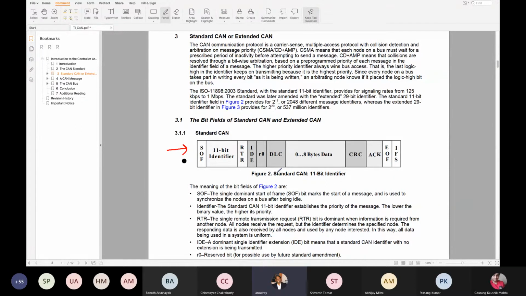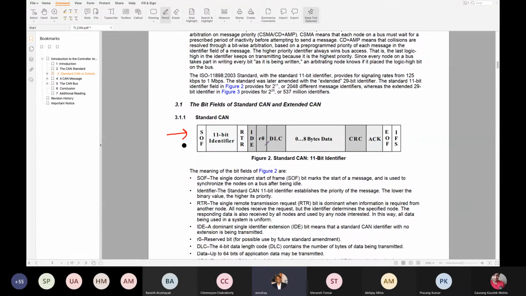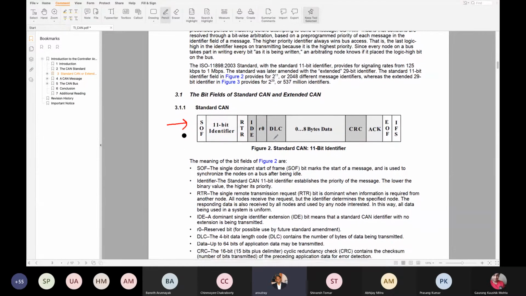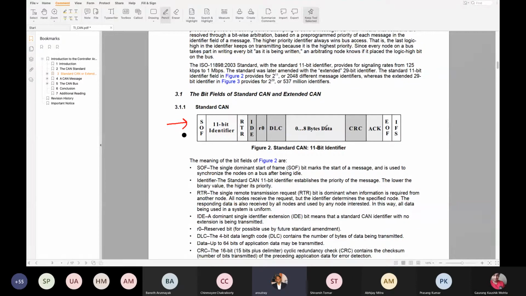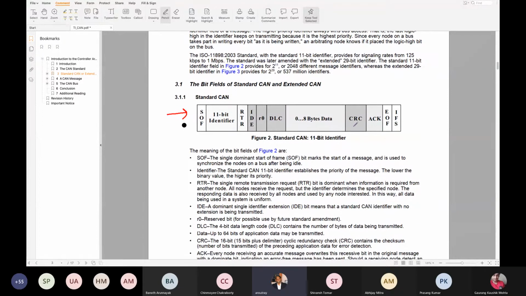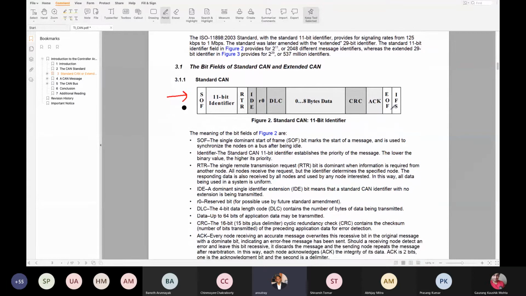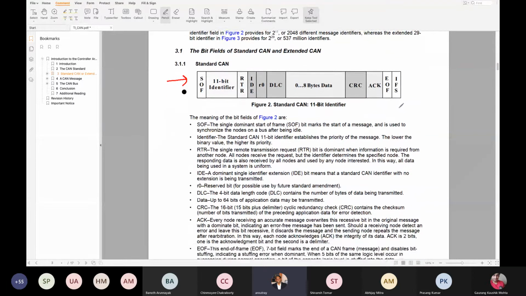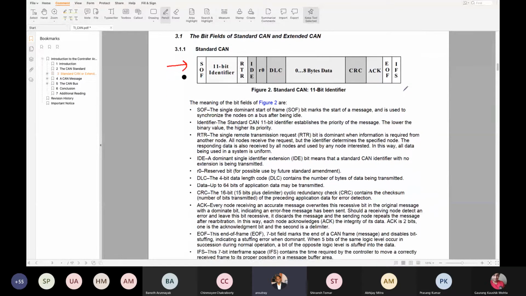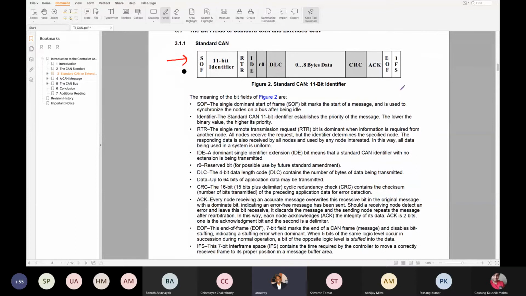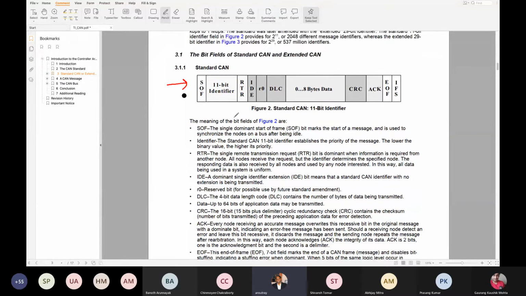Then there is an identifier extension, IDE. Then there is a reserve bit. Then there is a data length code, then the data bytes. Then there is a cyclic redundancy check, that is error correction. Then there is an acknowledge. Then end of frame. Then finally the interframe space.